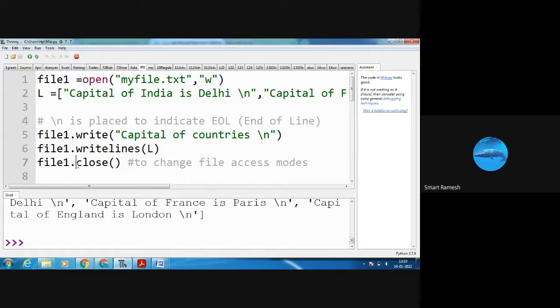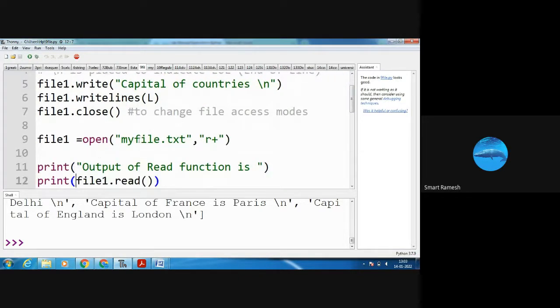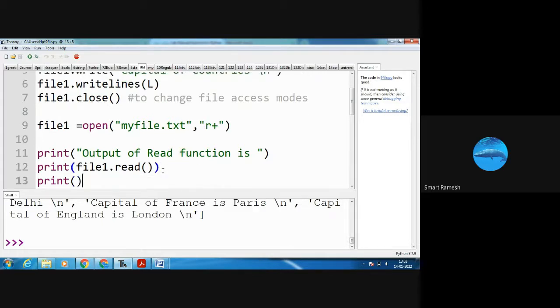Next I am going to close the file to change the access mode. Next, I am going to open myfile.txt in r plus, that is read and write mode. Here, output of read function. What is the read function? It is going to read the entire content in the file.